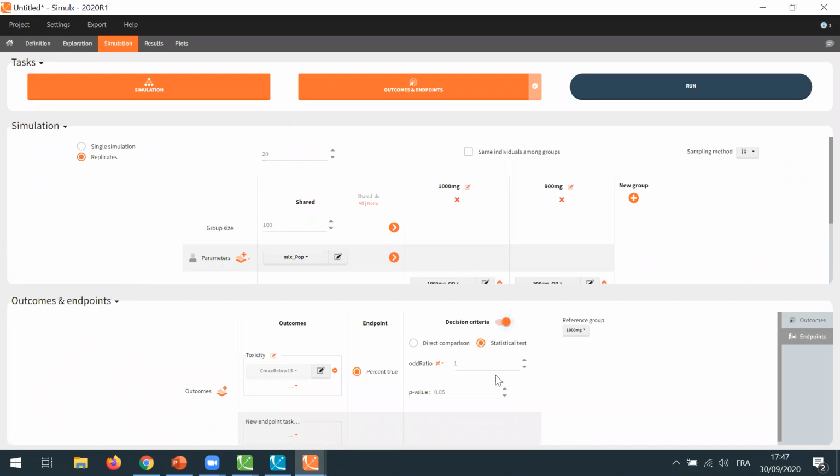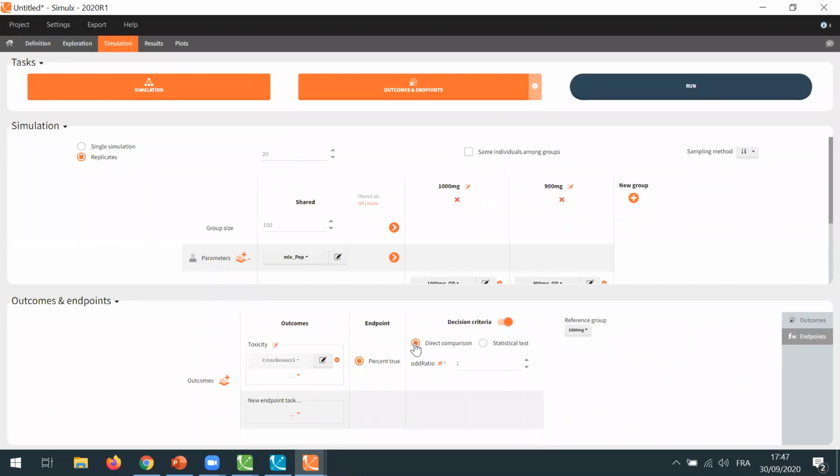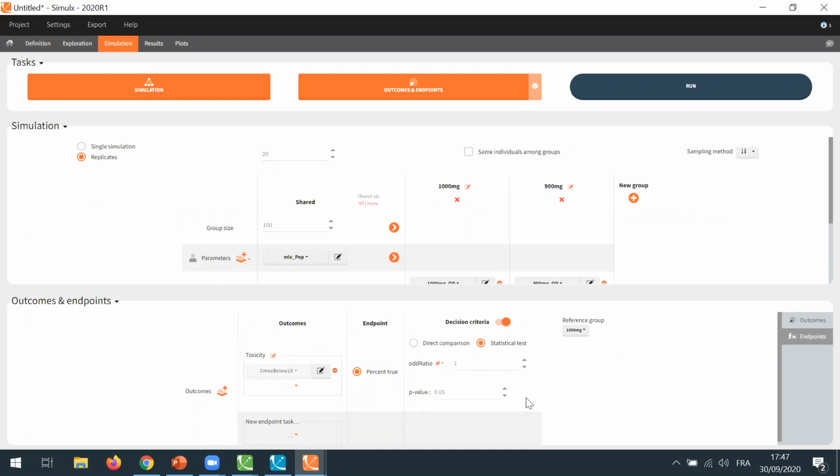This will compare the endpoint toxicity between the two arms, with the first arm as reference. And I can choose either a direct comparison to check that the odds ratio of endpoints is different from 1, or a statistical test that will compute the certainty that the odds ratio between the two groups is different from 1 with a p-value. And I can set a threshold here for the p-value to accept or reject the decision that the two groups are different.